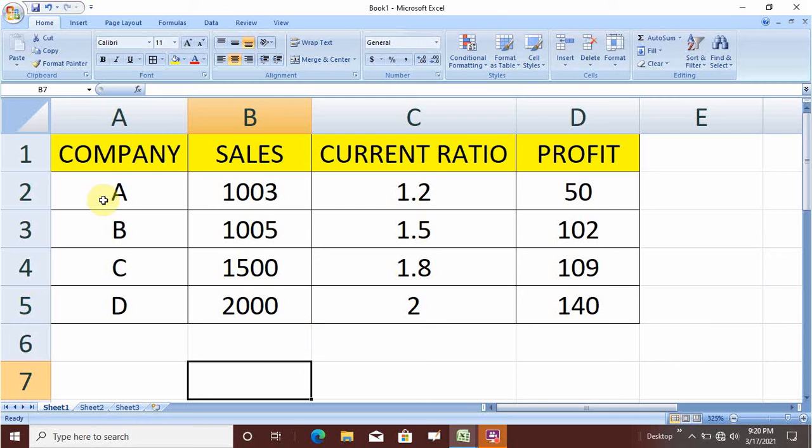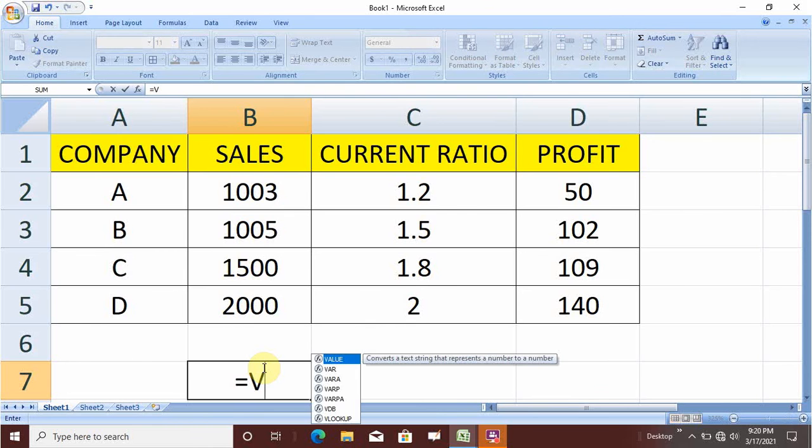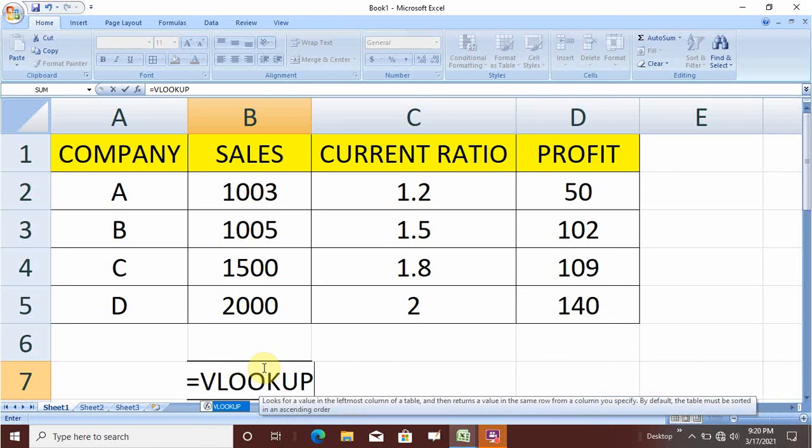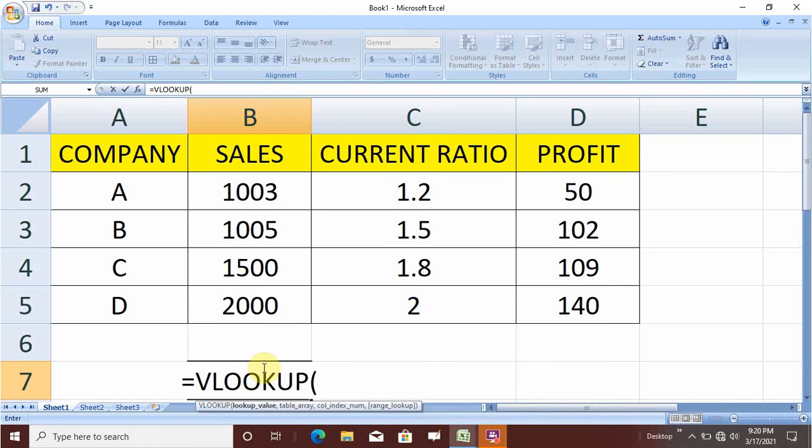To apply VLOOKUP, you simply start with the basic function, equal to, which is left of the backspace, and write VLOOKUP. Start the bracket, and then select the variable field.